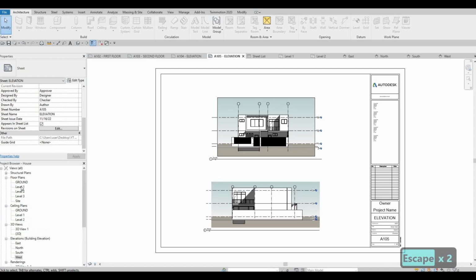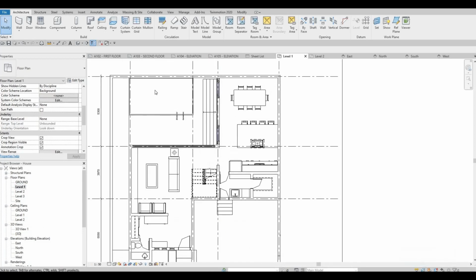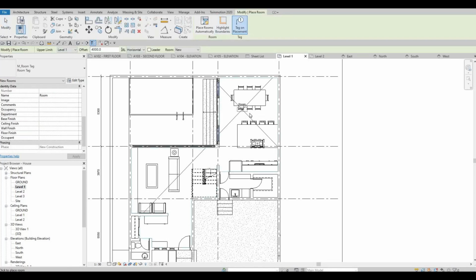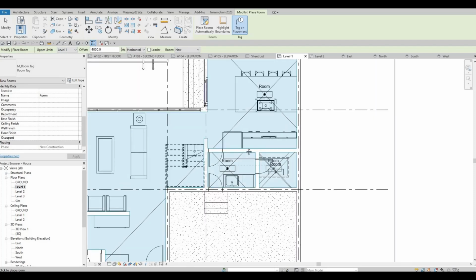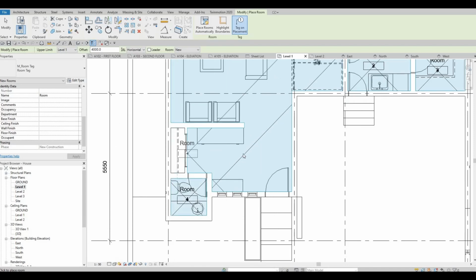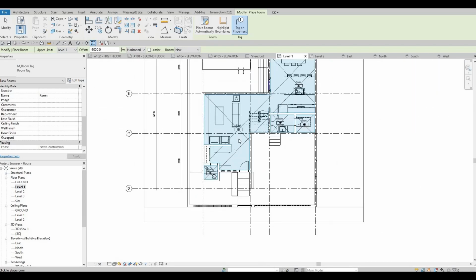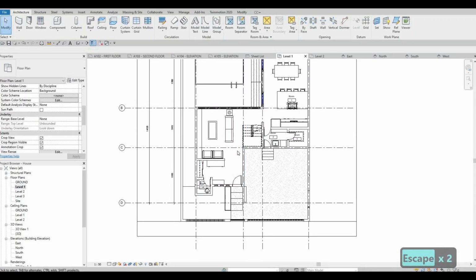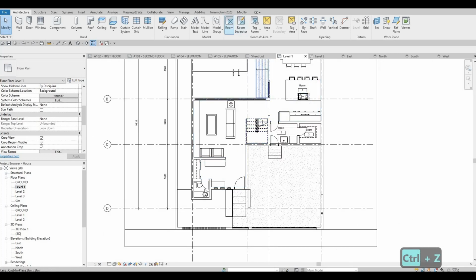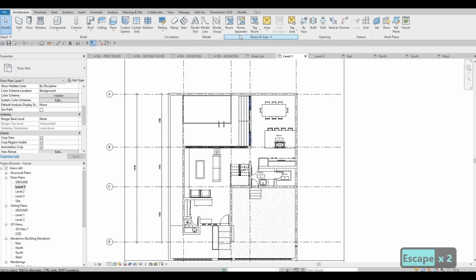Another thing that we need to do is go to level 1 and let's add in room tags. So here, click on room, and then as you can see, we need to room separate all of them. So here I will have the kitchen first. I'm gonna add this, and then here storage, powder room, and then here if we add this one, this will be an error. So in order to fix that,